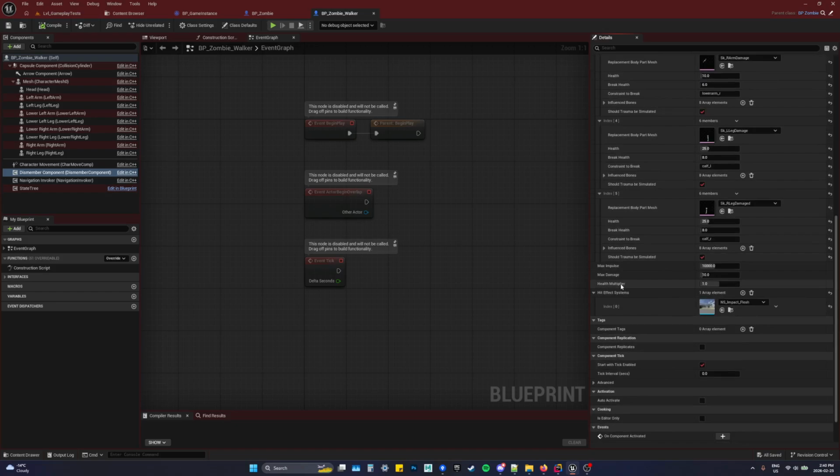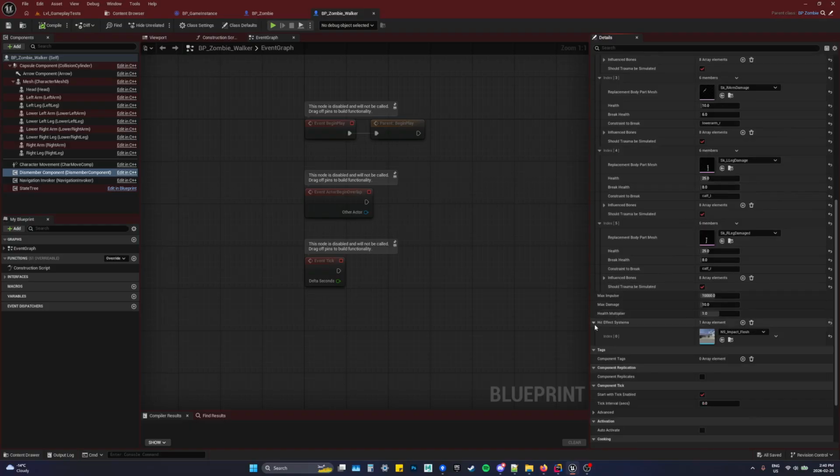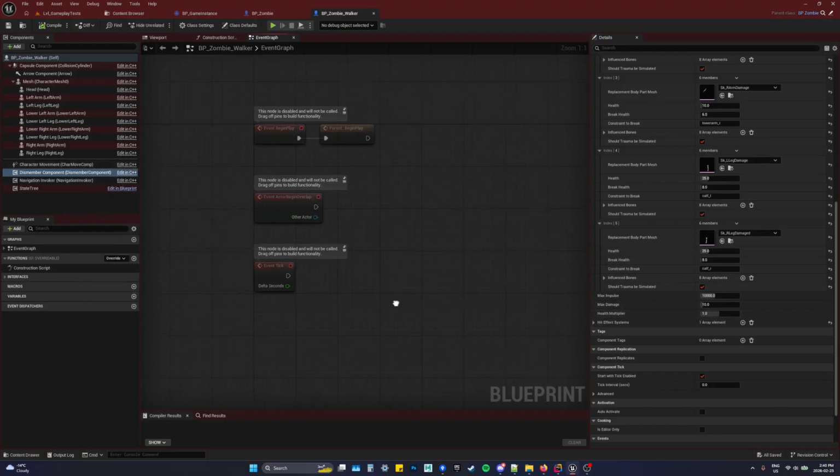I also have a health multiplier because I modify these values every round. Because it's a wave survival game, adding some difficulty and multipliers for certain values like health on each of the components was kind of important to me. So that's how I adjust difficulty of the zombies. At least for now, it's really only the health multiplier. I also do damage multipliers, but all that stuff is handled throughout